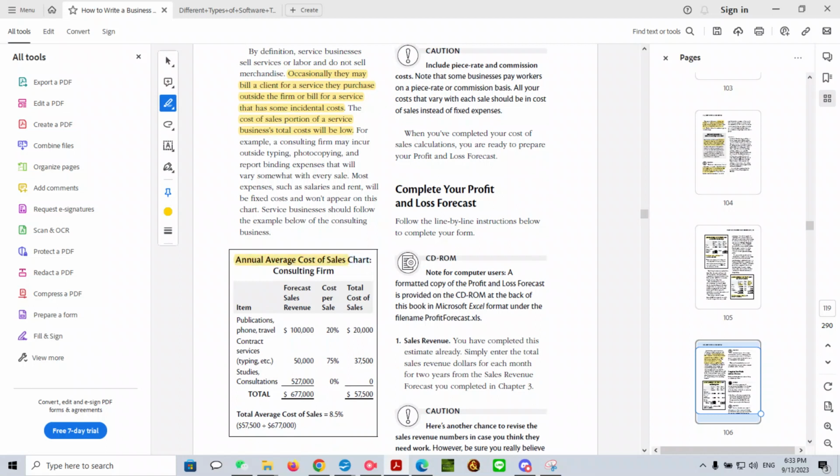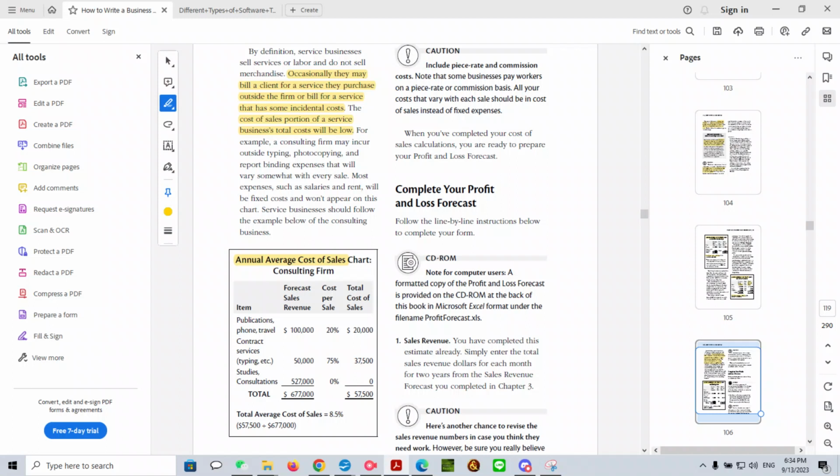So what we have here in this chart is annual average cost of sales. Sorry, this is every year, not monthly. So what you have to do is add up all the years and divide by how many years. First, we start off again. We want to itemize by listing all of the items by their name. Then we take a forecast sales revenue, whatever it is. That means how much money we made from each one. Add them up, so we have a total,